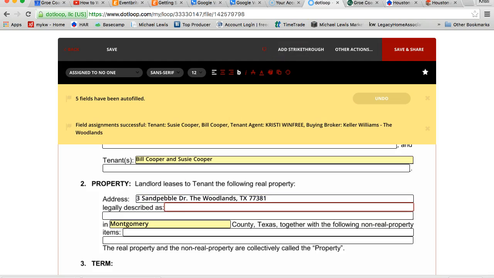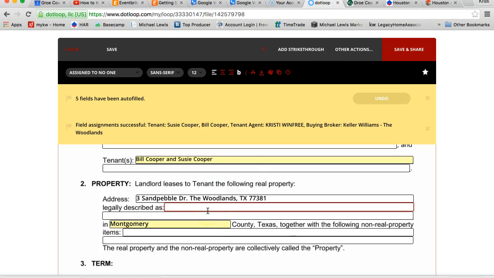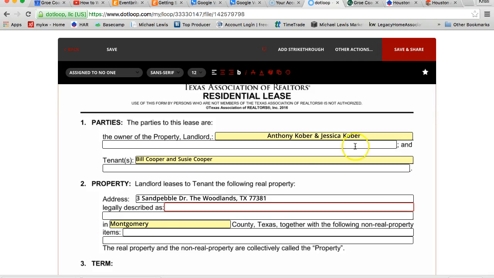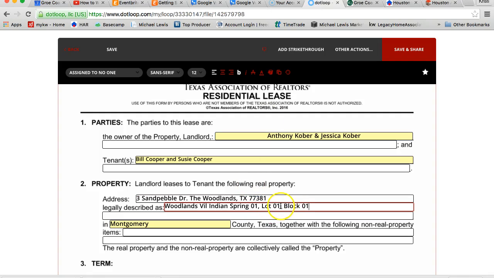The property description can also be found right here. Woodlands Village, Indian Spring, 01 Block 1, Lot 1. I just typed those backwards. So Block 1,